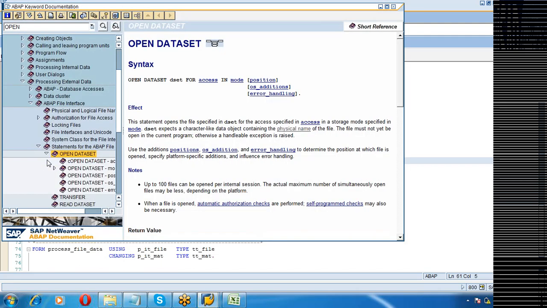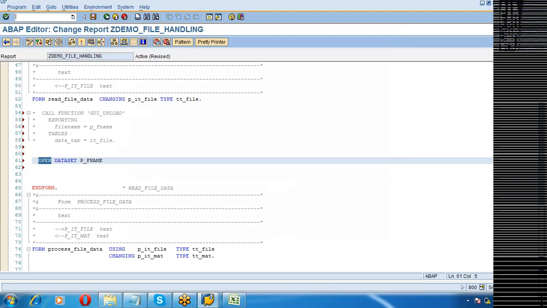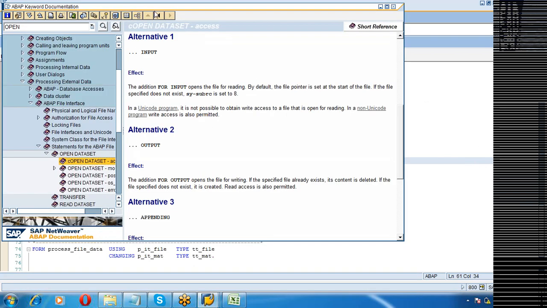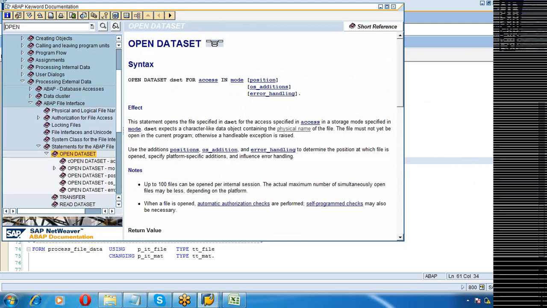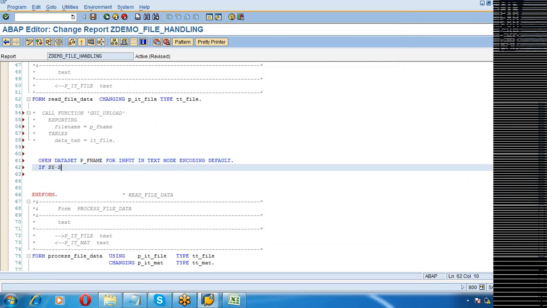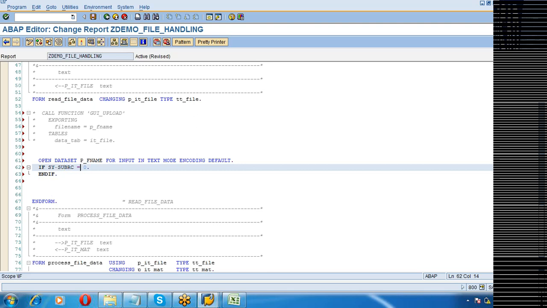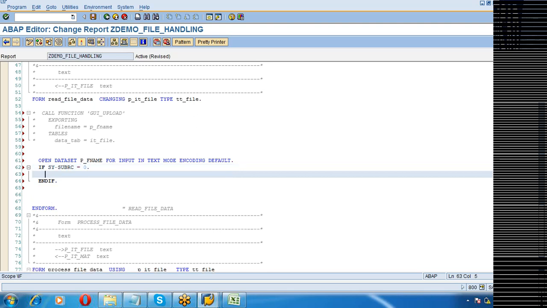FOR INPUT opens the file for reading. FOR INPUT IN TEXT MODE. If sy-subrc is equal to 0, if you have opened the dataset successfully, then what?